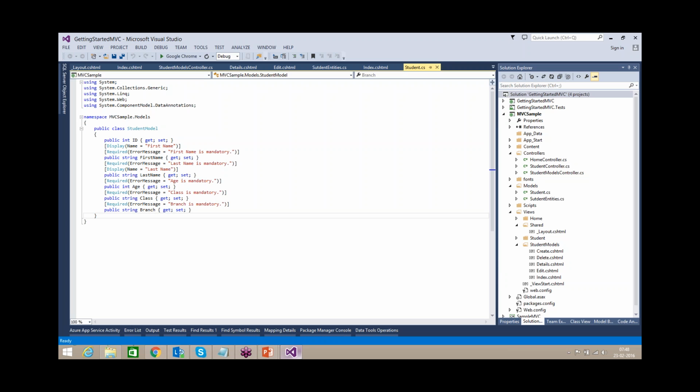So view state should be used only as much as we require, not for everything. In ASP.NET by default, view state is enabled for all the server controls, which means the data of all server controls will be saved into view state.